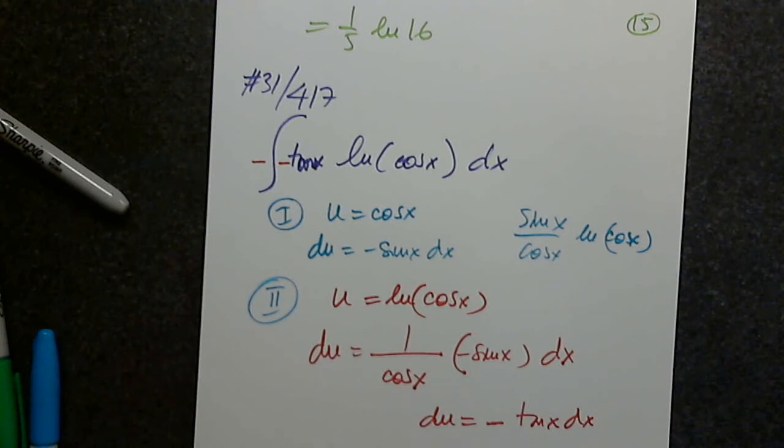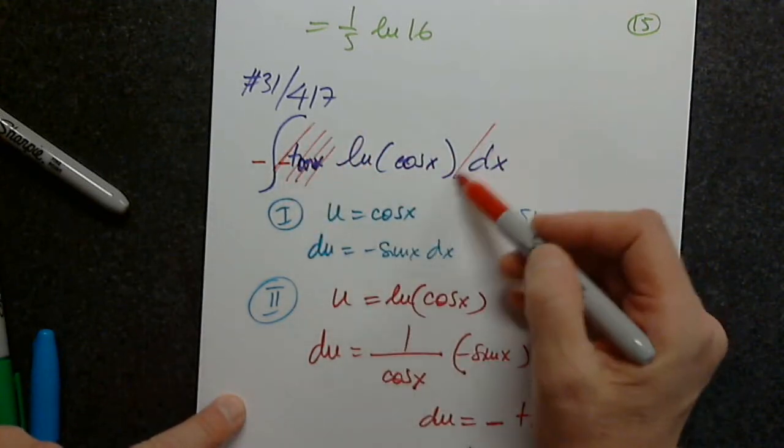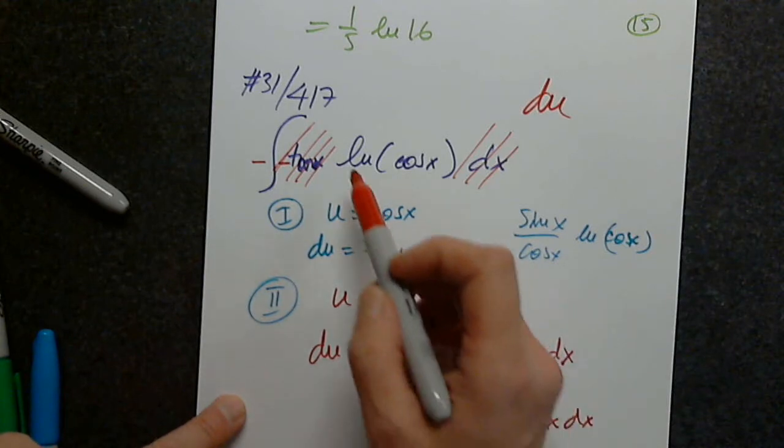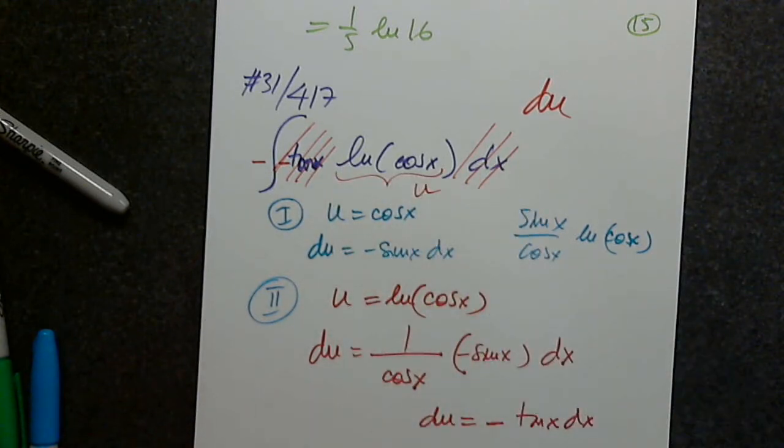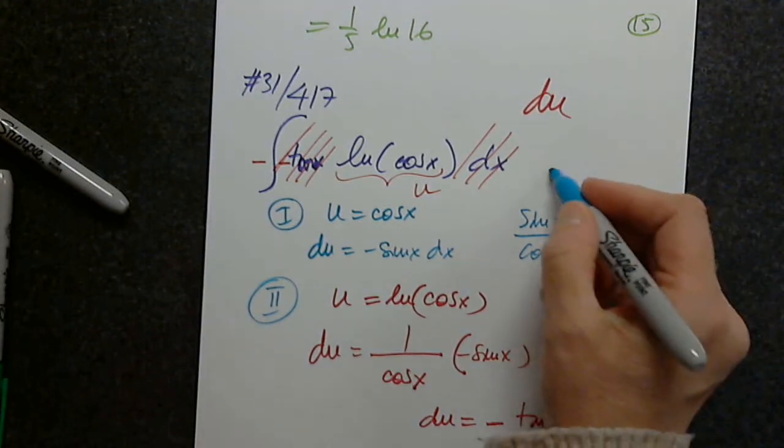So if I denote this composite function with natural log inside it, with cosine inside natural log, then when I differentiate natural log, I have 1 over the function, 1 over cosine, times the inner function prime, which is negative sine, times dx. And that whole thing is du equals negative tangent x dx. So all this is du. And this, nice, it's just u. Very good pick. Thank you, Felix.